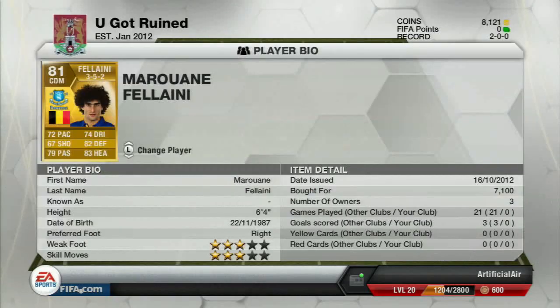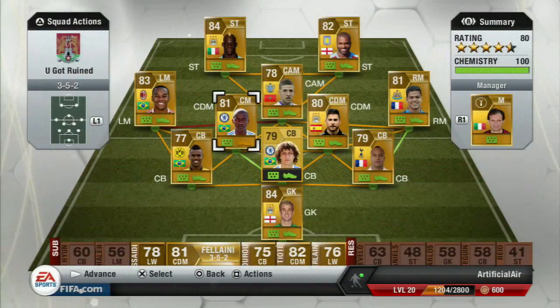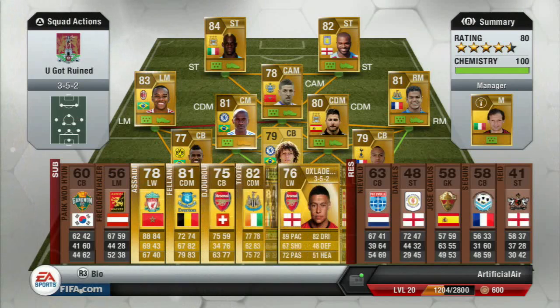to be pretty good. Picked up Fellaini as well for 7,100, a little bit underpriced, but he's going to be a good CDM when I want to change out Javi Garcia. But for right now, we're going to use Javi Garcia because Fellaini's fitness is only at 79. I also went out and bought